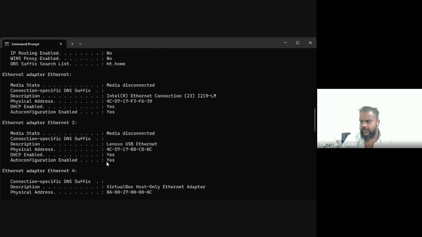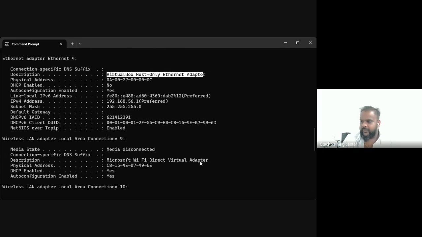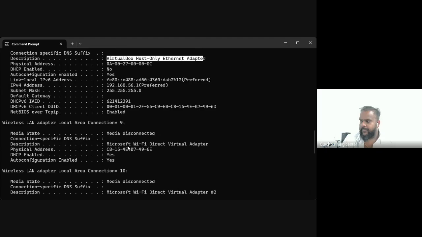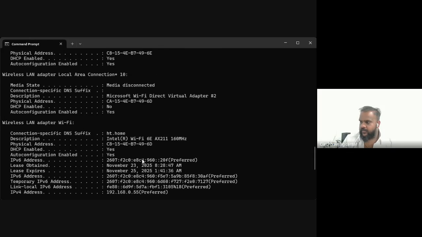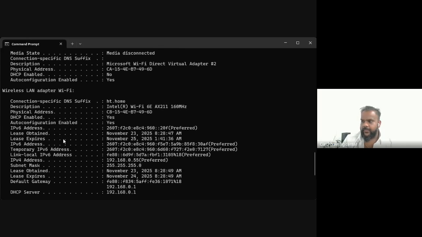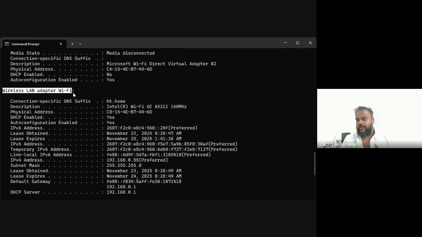Now, if we scroll down here, you'll see these are all virtual boxes. These are all virtual keys. These are all something we use for virtual machines, okay? So they're a bit different. You'll see here Microsoft Wi-Fi Direct. This is another Microsoft Wi-Fi card. Let's scroll down here. This is my actual Wi-Fi card. That's my physical one I'm using in my laptop right now, which is what's connected to my office network here